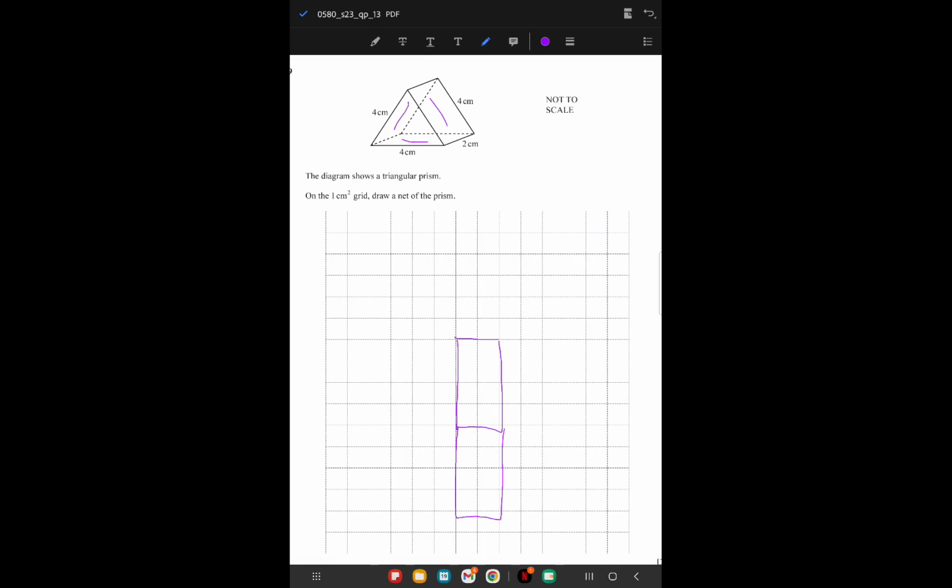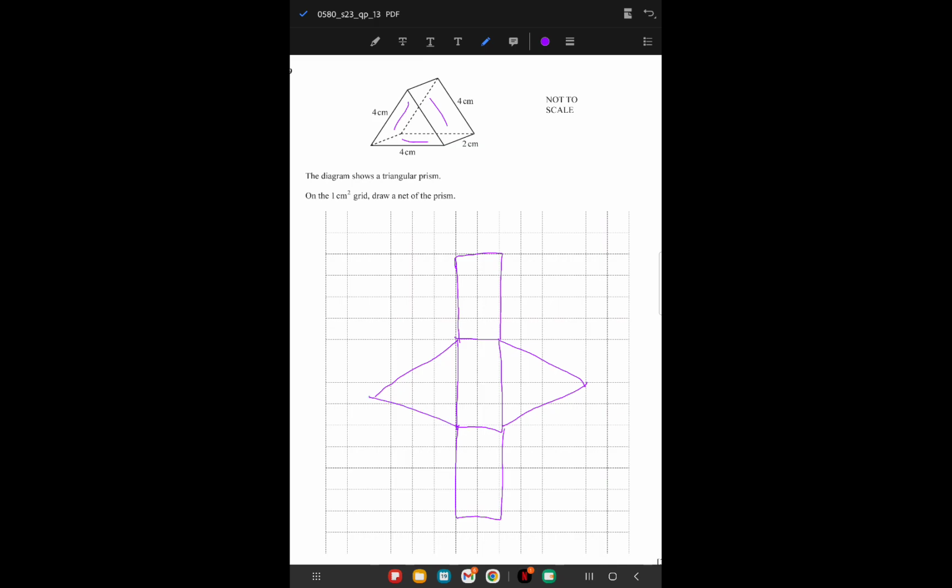Then I'm going to do this one right there. Okay, I'm going to have it come from the other end. So we're going to have our 4 centimeters like so. And then finally I have my 4 by 4 triangles on either side. So I will have this just come to the center like that. And then this one come to the center